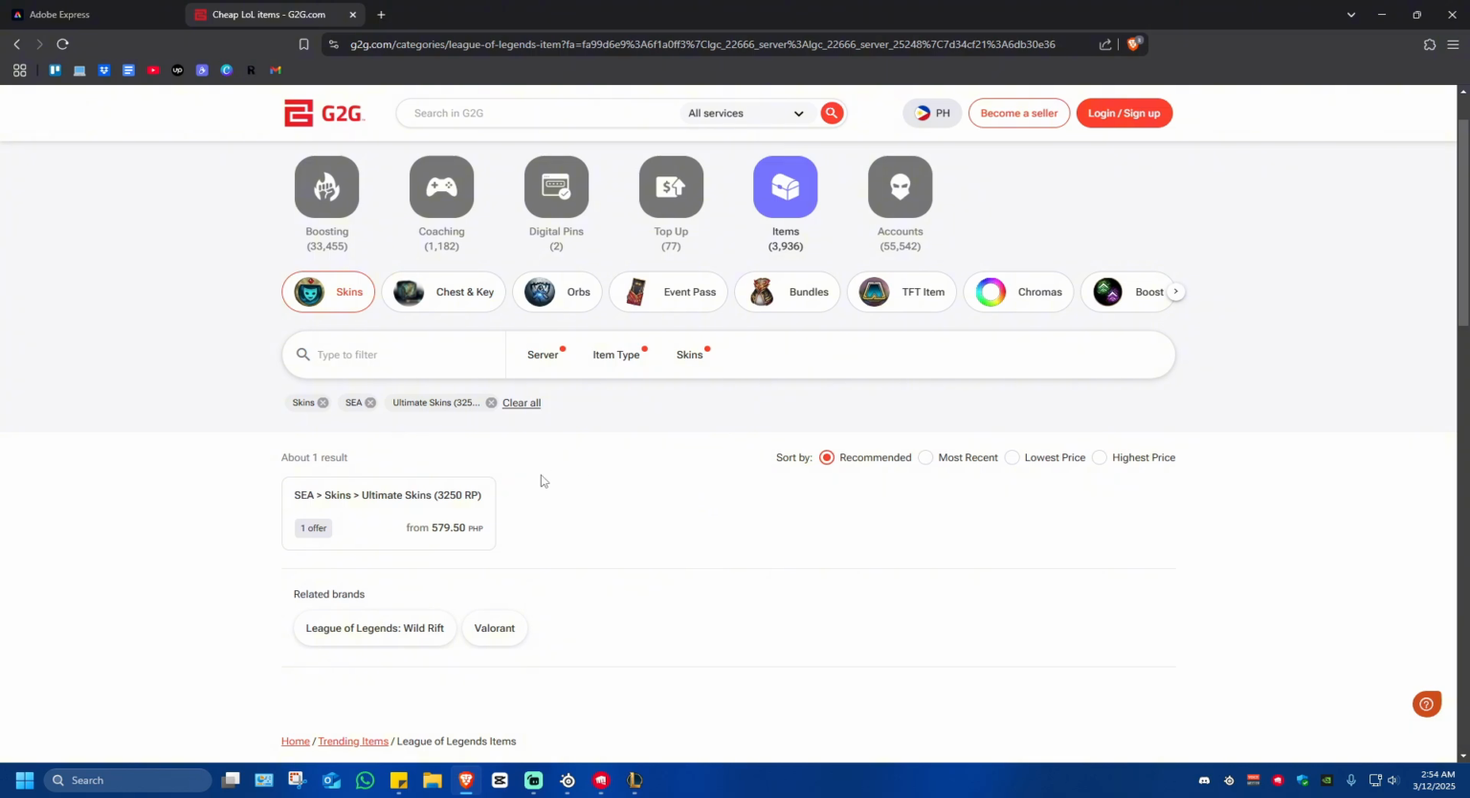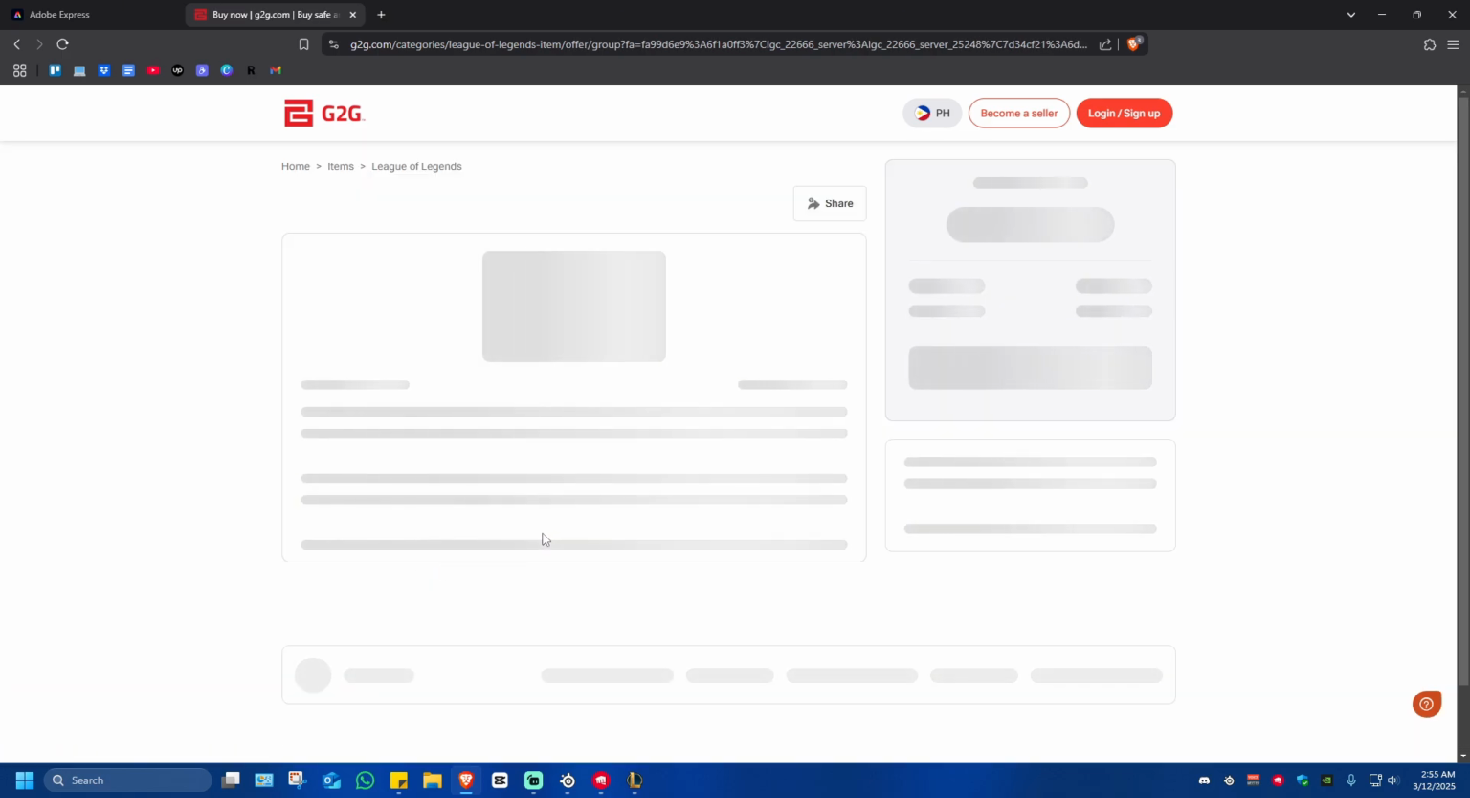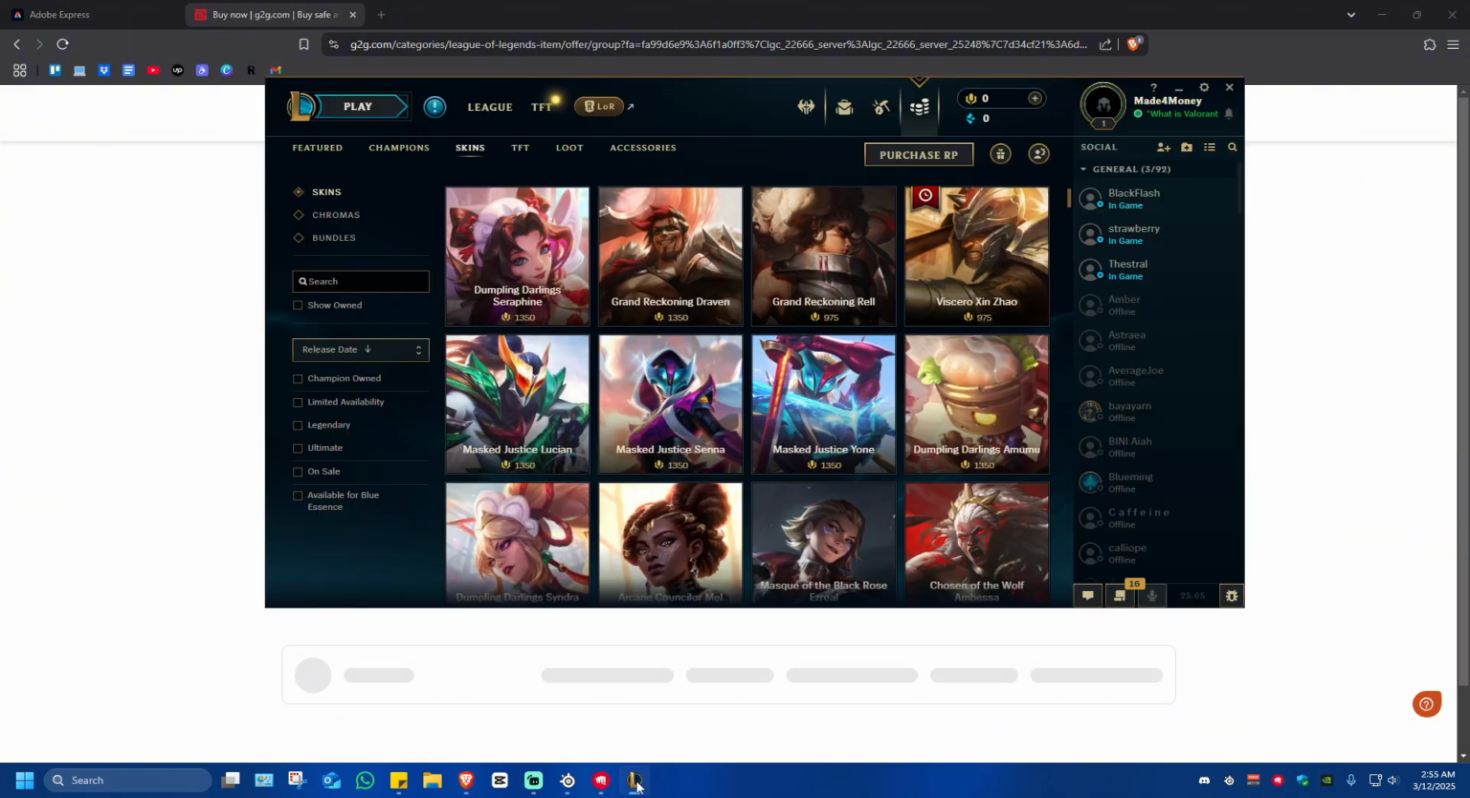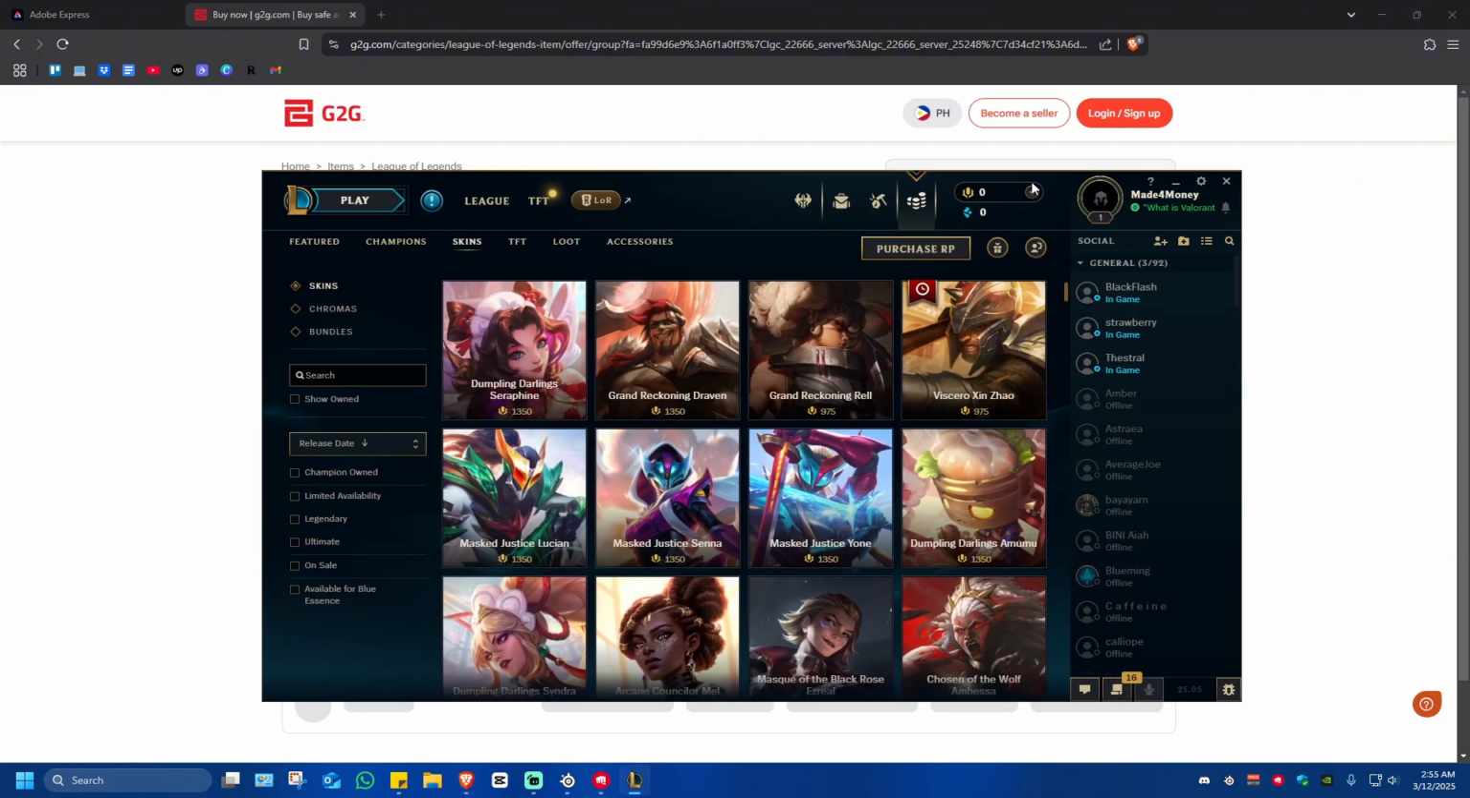Now, as you can see here, there is one available ultimate skin for SEA or Southeast Asia. So go ahead and click on this one and proceed with the checkout, and once done, just go ahead over to your client right here and click on the plus sign,